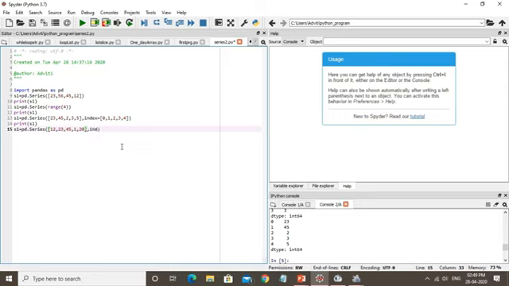I am using index equals, then defining the values, let's say 1, 2, 3, 4. Check the values as well as the index. These things should be equal: 1, 2, 3, 4, 5 elements. Then I am using the index 1, 2, 3, 4 and creating one more. Now print s1.